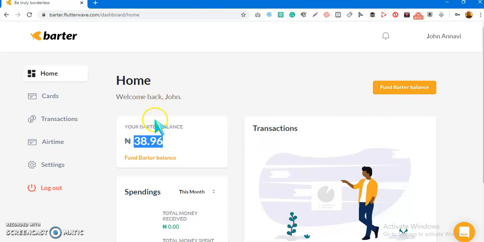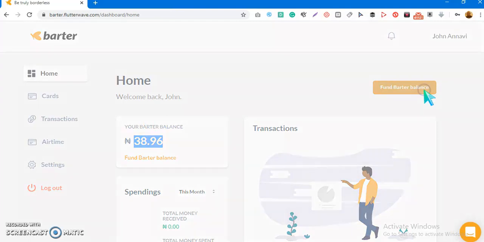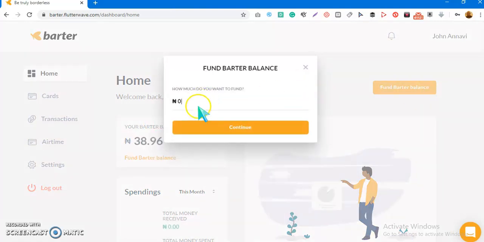If you have your ATM card, you can just head over and click on fund. How much do you want to fund? If I want to fund 10,000 or 20,000 or whatsoever, I'll just input the amount I want to fund into this account, and then it's going to direct me to a payment gateway where I'm going to make payments to fund my Barter account.